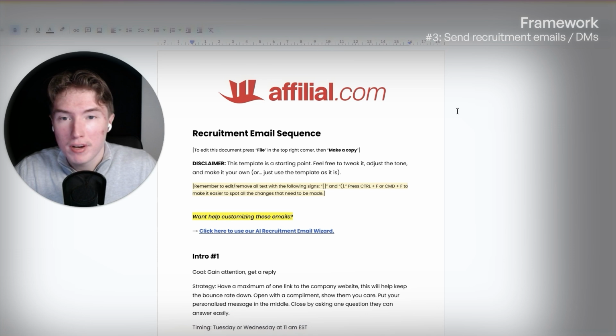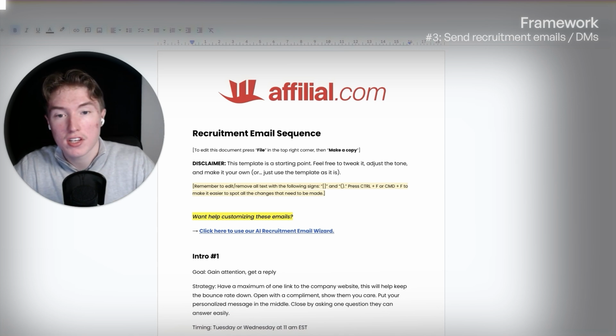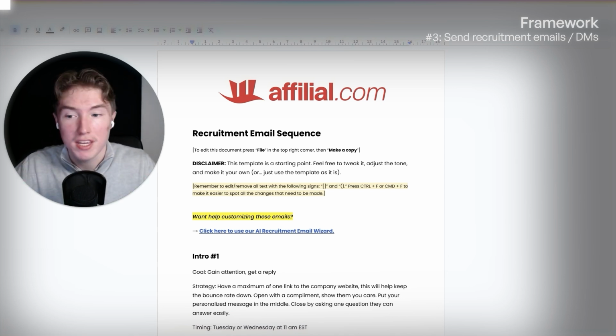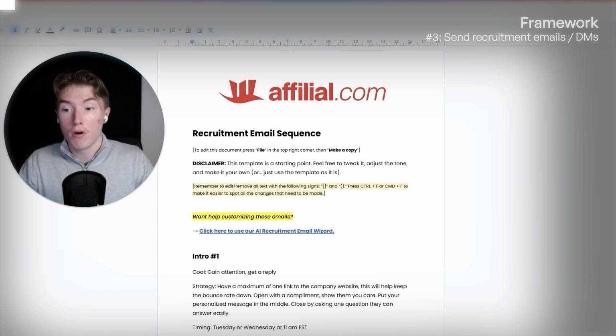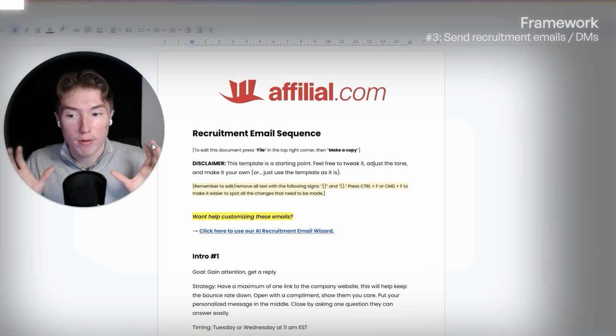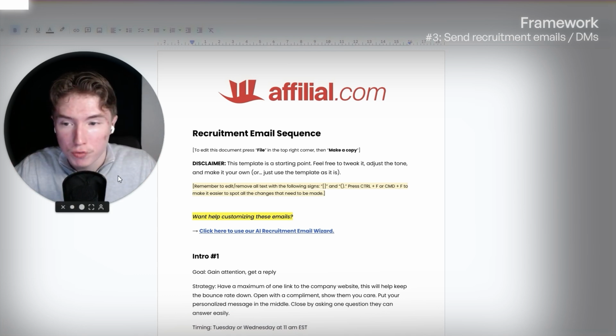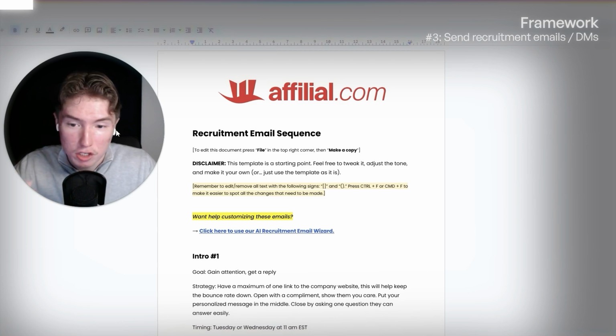But here it is. This is the 5 email sequence that you'll send out to potential affiliates when trying to recruit them into your program. You can also send these as DMs on Skool. It doesn't have to be email, but you can always send them on both DMs and on email, right? Sending on multiple platforms is going to give you higher conversion rates, and this is something that I've experienced myself.